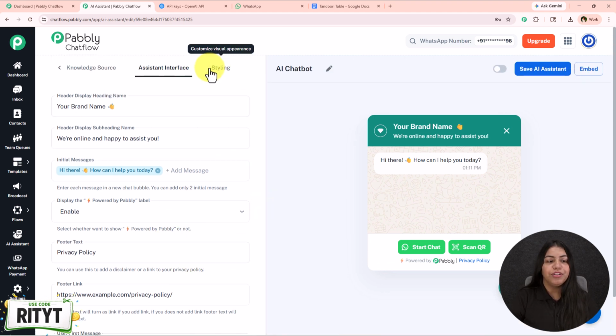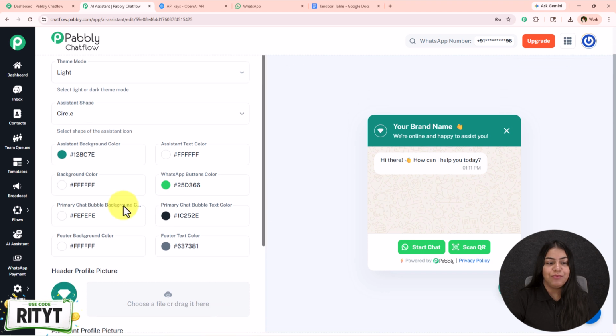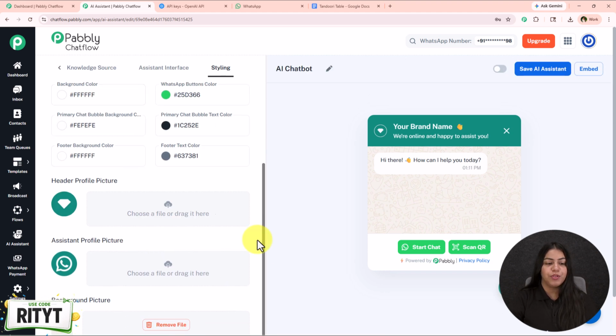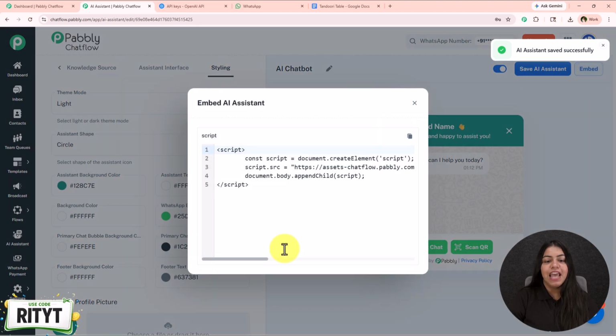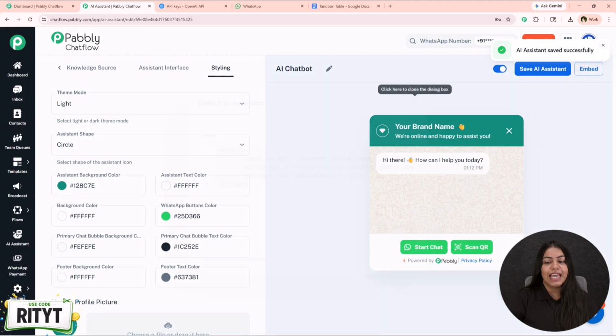Now let's move on further. For the styling, you can style this WhatsApp chatbot, be it colors, be it shapes. You can change it, add the background pictures and so on, and your AI chatbot is ready. You just have to switch on this toggle button and click on this save AI chatbot, and this AI chatbot is ready for you. Now what you have to do, this AI chatbot can be added on your website. You can go on this embedded and add the script on your website, and this AI chatbot will be added